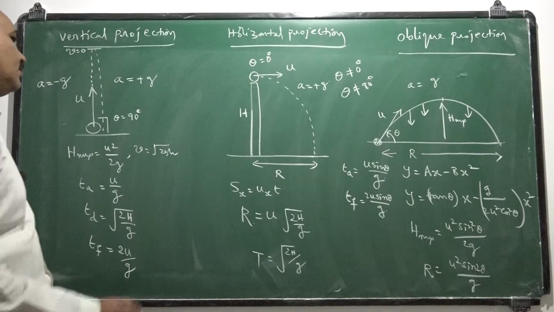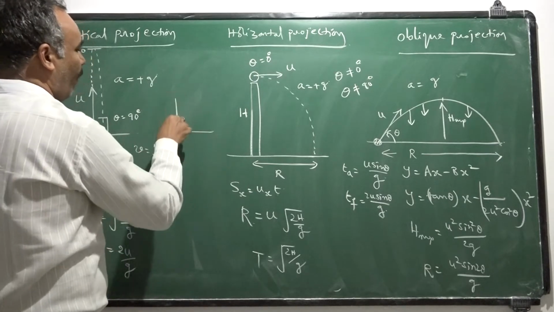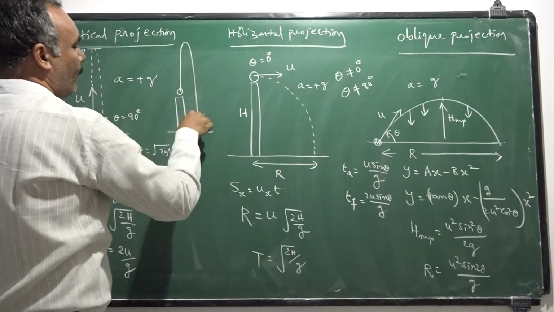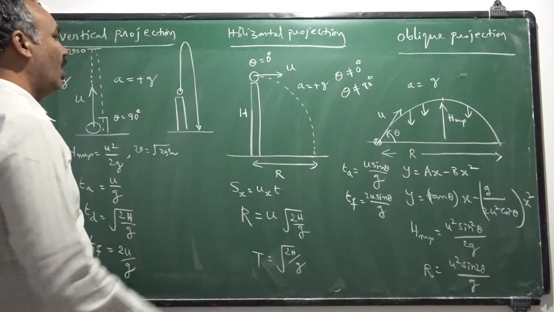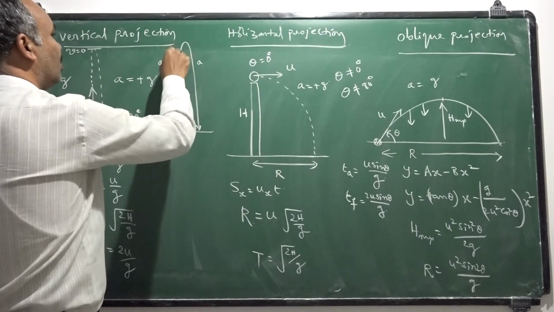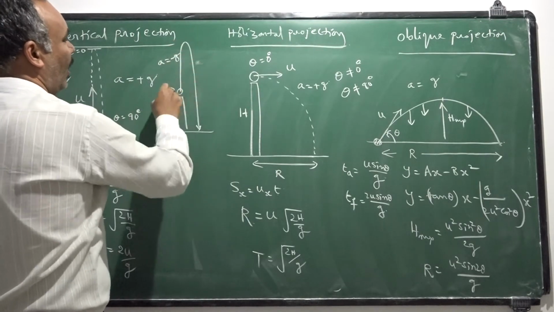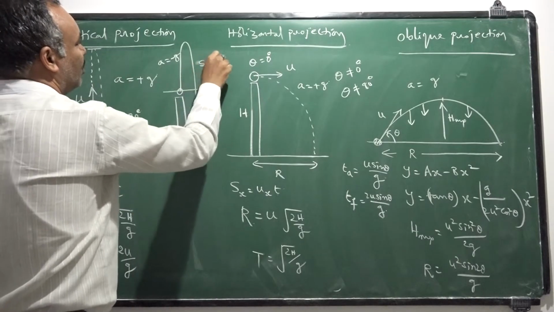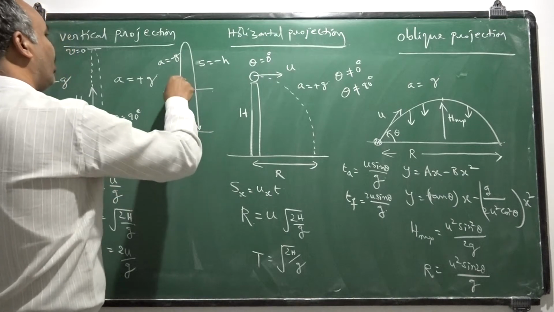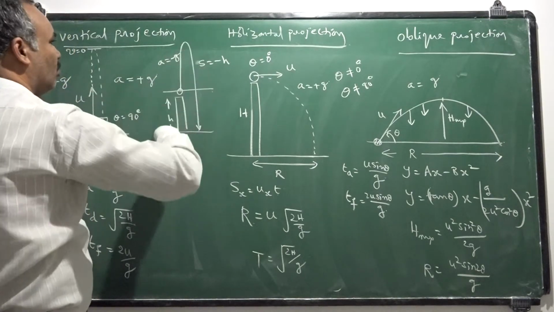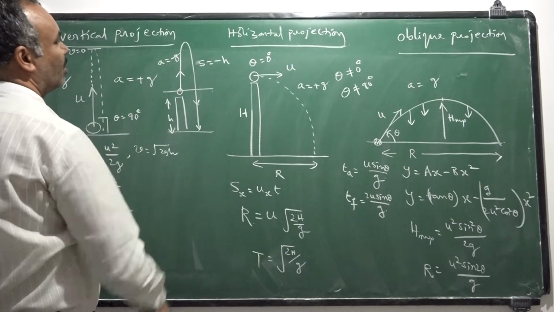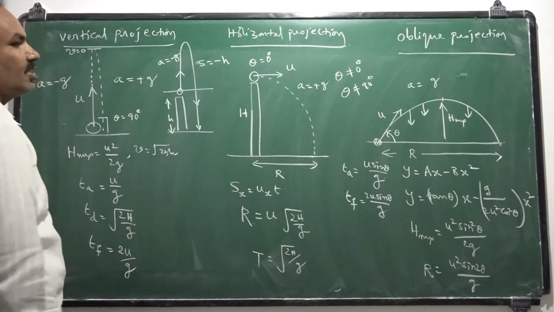And one more case, if we project an object from the top of a tower, it may go up and it will fall down. In this case, a should be taken as minus g because it is moving against the gravity, and its displacement should be taken as minus h, where h is the height of the tower. From the point of projection it is going down. So as you threw it up, it got displacement in the downward direction, so displacement should be taken as minus